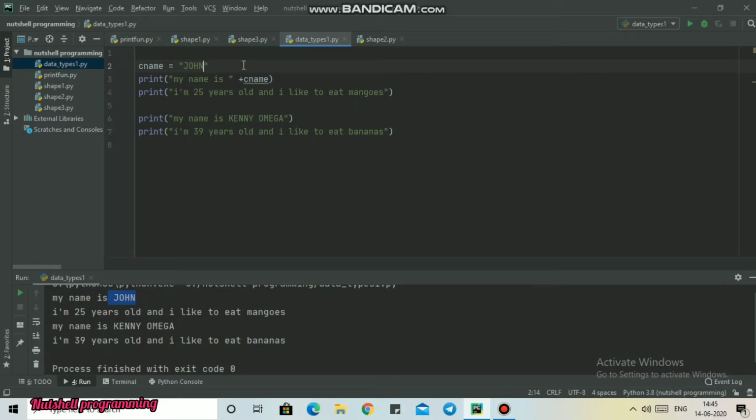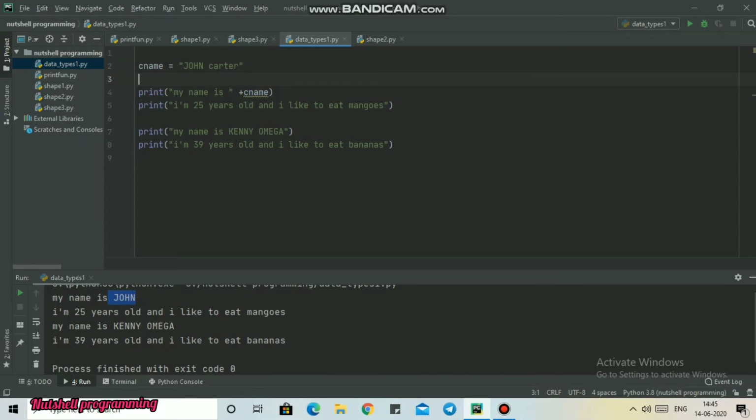Right now I'm using a string value in the variable. I'm going to use something else also. Right now you can see we have mangoes here. So I'm going to declare another variable named C fruit. I'm giving the variable name C fruit equal, and I'm going to store this mangoes text inside the C fruit. So I'm going to cut this and paste it here in double quotation marks, and I will pass the variable C fruit in the print statement, run this, and let's see the output.